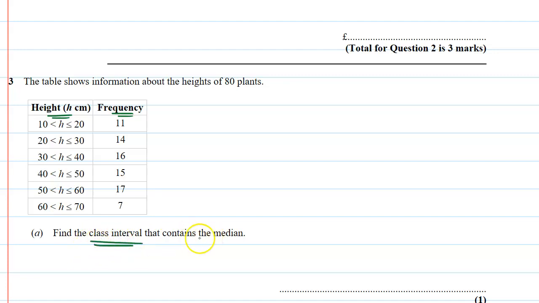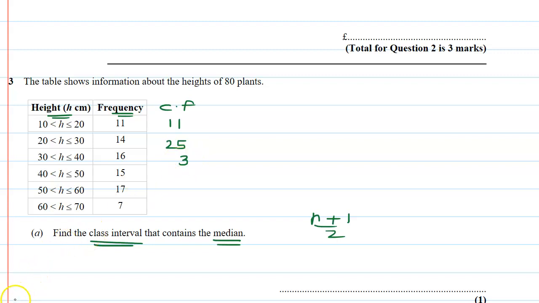Remember what they're saying, the class interval that contains the median. So for the median, what we do, we use n plus 1 by 2. What is n here? So we will find the cumulative frequency. So this is the first number 11, so write down 11. 11 plus 14, if you add it, it will be 25 here. And 25 plus 16, if you add it,